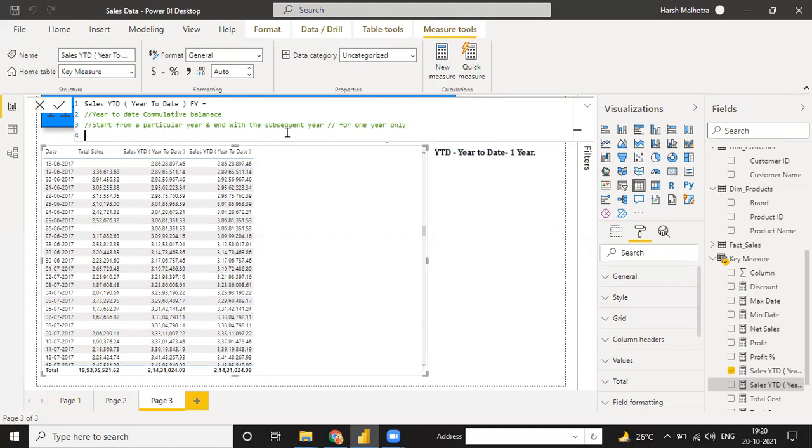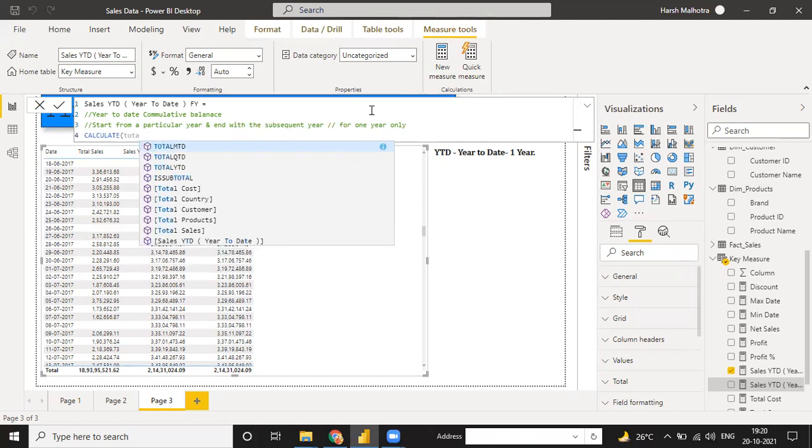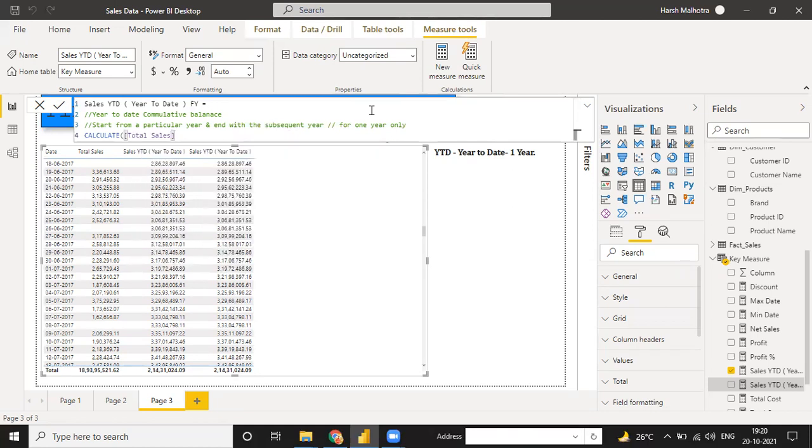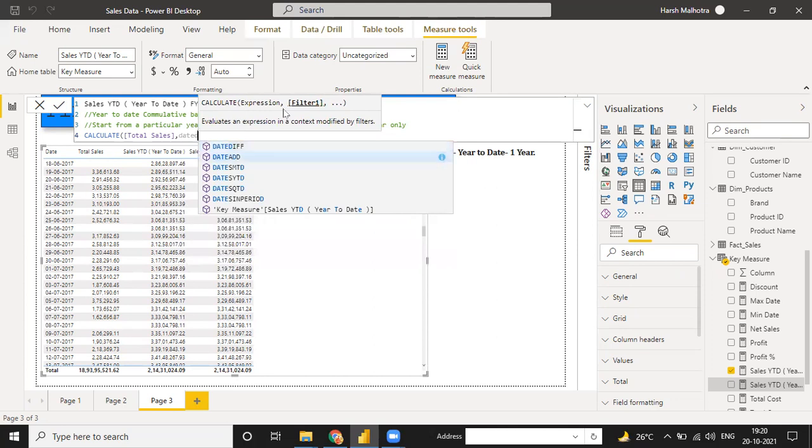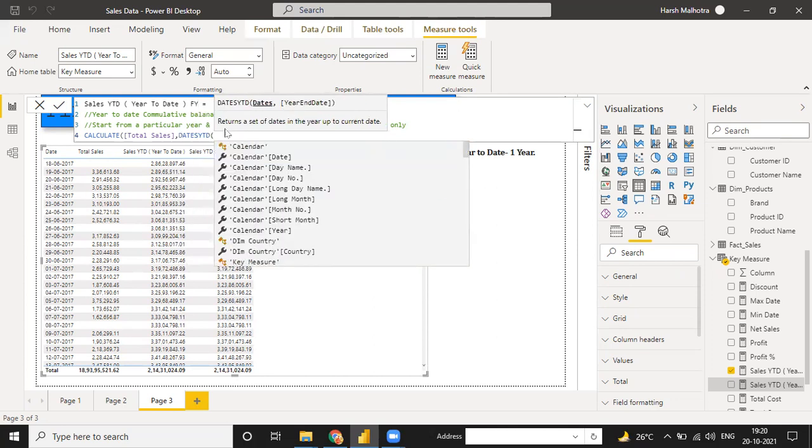Okay, so guys, see in this example, right now it says YTD financial year, and we have one more function for the same YTD. So right now I'm going to use that function. Why are we using the next function for your YTD function? I can just write it as CALCULATE total sales. We have this total sales value. Right now it will give you the expression, and you can change that to DATESYTD. There's one more function, DATESYTD.